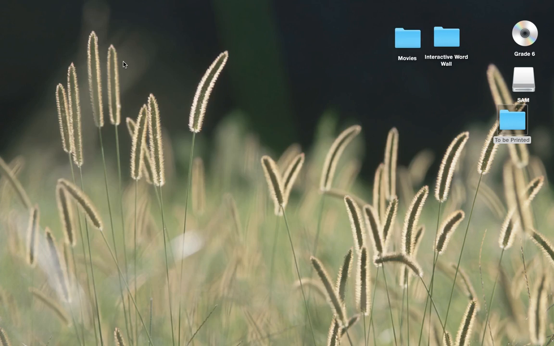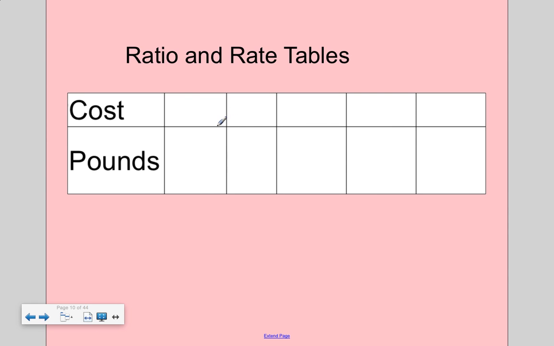This is a quick lesson over ratio and rate tables. Imagine you are at a grocery store and you wanted to buy something. It costs $5 for 2 pounds of meat. You can create a table so you can find different price amounts for different pounds, keeping it at the same